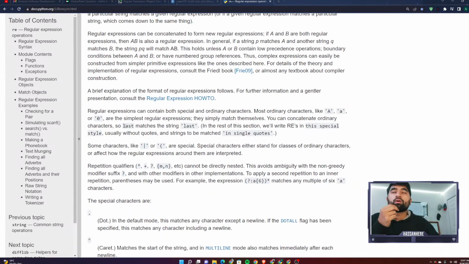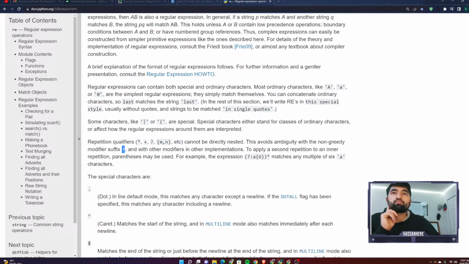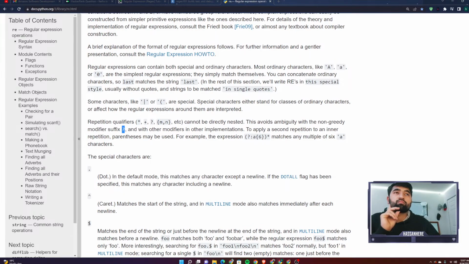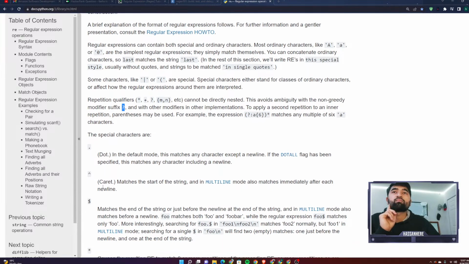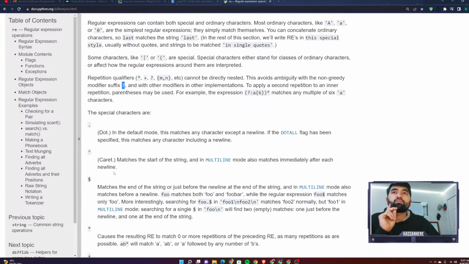But okay, last some characters are like this, and our special characters that stand for classes or ordinary characters, right? Repetition qualifiers with plus, minus or this thing cannot be directly nested. This avoids ambiguity with the non-greedy modifier. Caret. Okay, starts with this thing, ends with this thing, and then